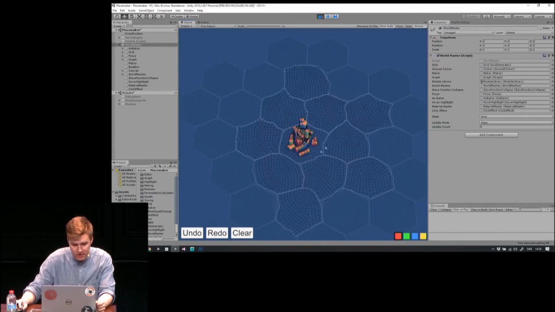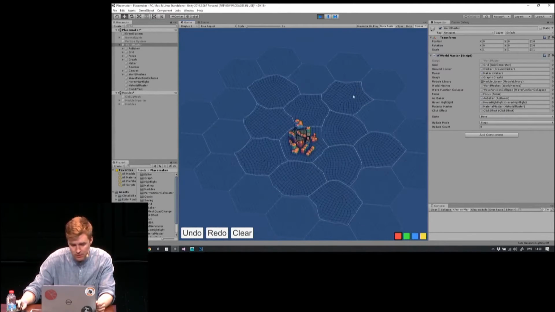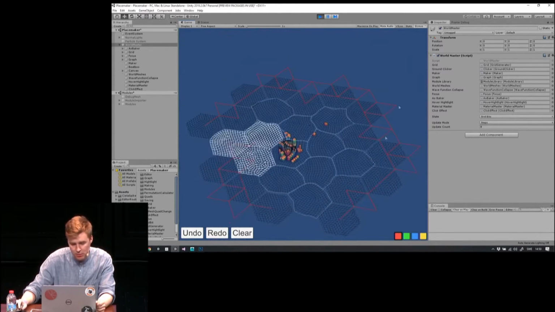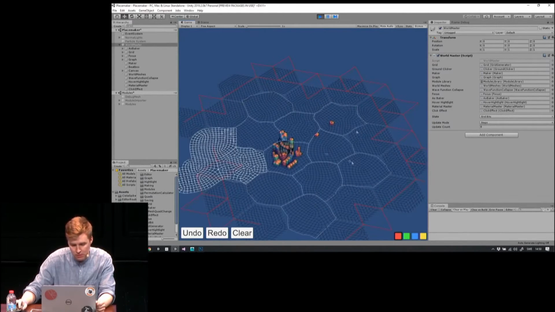Yeah, so now it's generated everything it has to generate for my current size of the world. But if I keep building this way, you see how now it wants to generate more in this direction and a bit more in this, because there's like